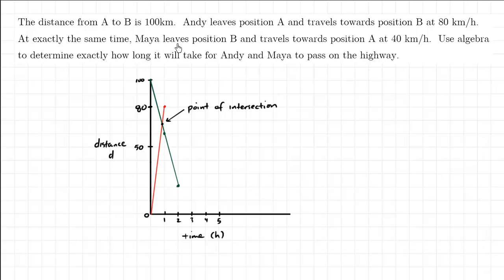And Maya is leaving position B, which happens to be 100 kilometers away, and travels towards position A. So here, at 40 kilometers an hour, Maya is already at the end goal of 100 kilometers away. So this is where Maya is, and she's traveling back close to where Andy was, which is at position 0. How fast? With a slope of 40 or negative 40. The key here is that if you're traveling back,